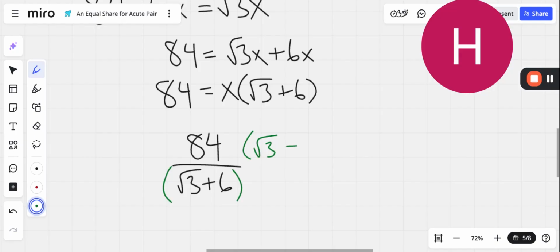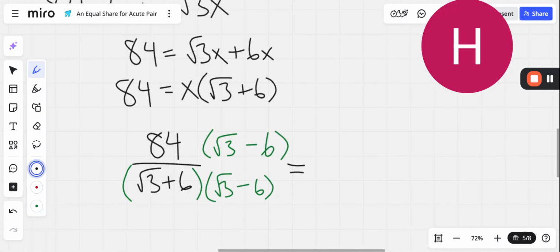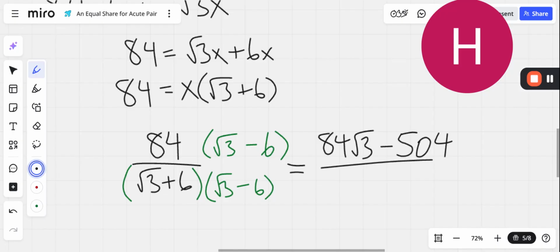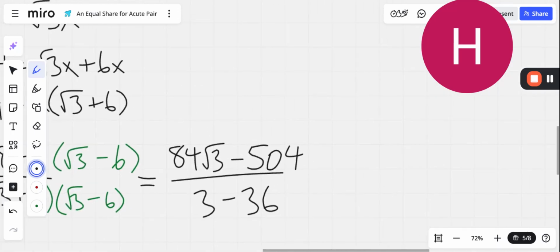In case a teacher would gripe at this and not want a radical in the denominator, although I'll be fully transparent about this, once you get to the calc level, AP calculus, and even college level calculus, a lot of teachers really don't care if there is a radical in the denominator. They mostly just care if the value is going to come out to the same at the end of the day. So we end up with 84 rad 3 minus 504